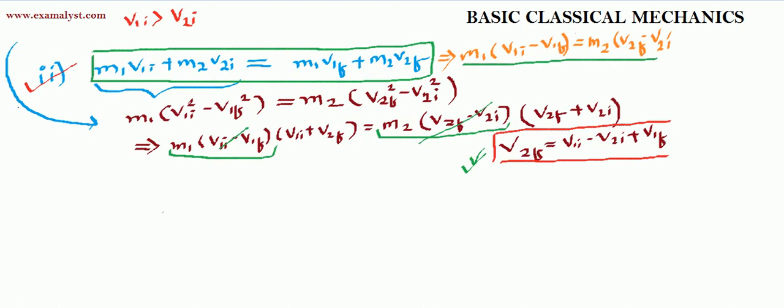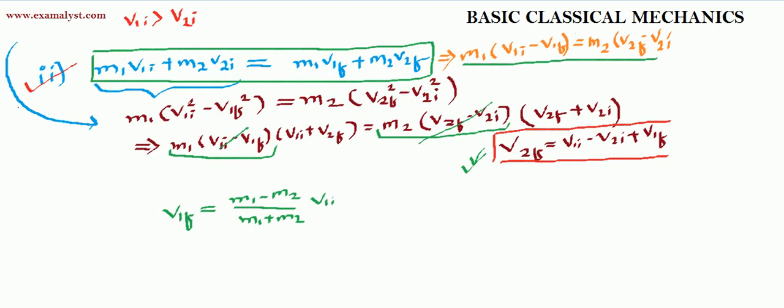The first result is, you can easily predict the value of the final velocity of the first ball if you have only the information of the initial velocities, and the relation is v1f equals (m1 minus m2) divided by (m1 plus m2),